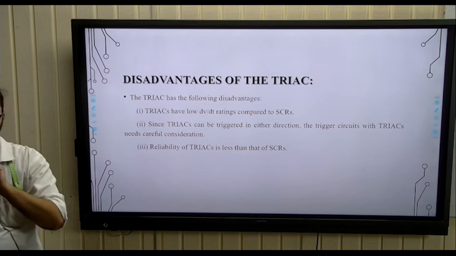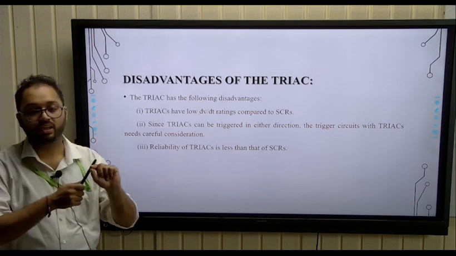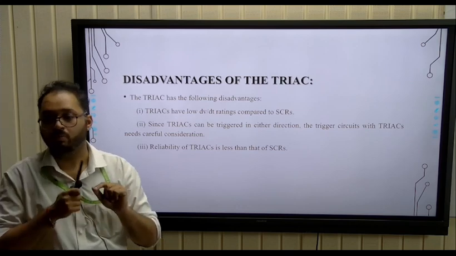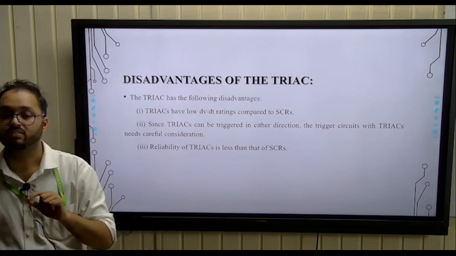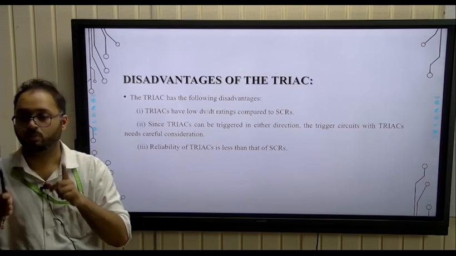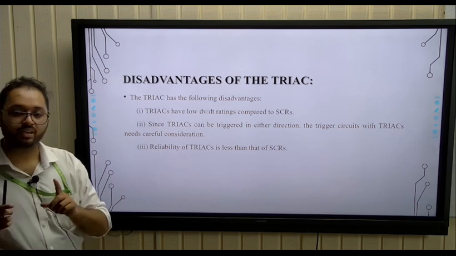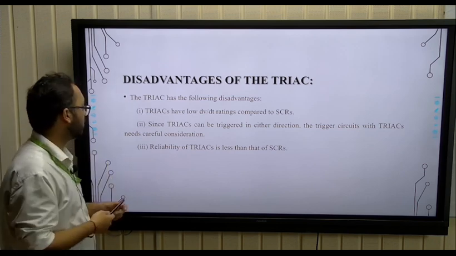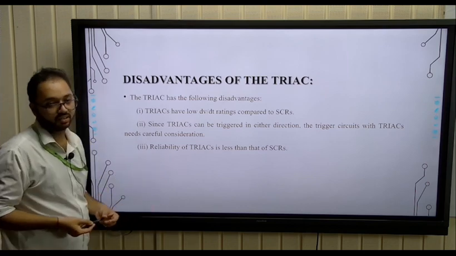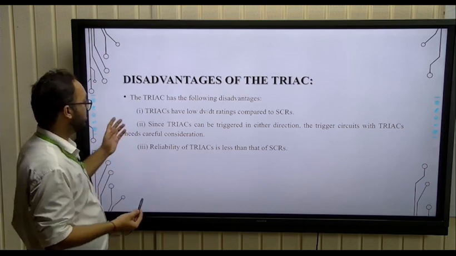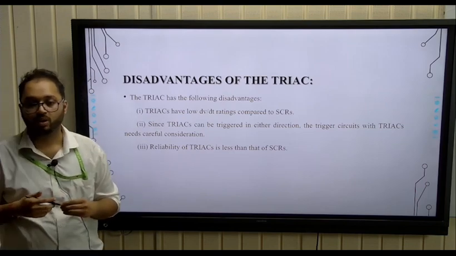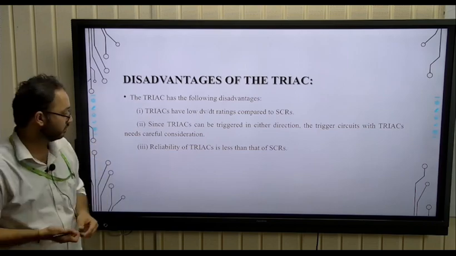When we were talking about only SCR, we knew that it is going to conduct in the positive pulse, only then we apply gate pulses. But when we have both conductions, we need to be very careful whether we want to cut the positive one, the negative one, or both of them. While we are cutting them down, we will study further in our course. Reliability of Triac is less than that of SCR. That is a well-known thing, that if you are conducting on both sides, the reliability decreases because it can be easily switched on.